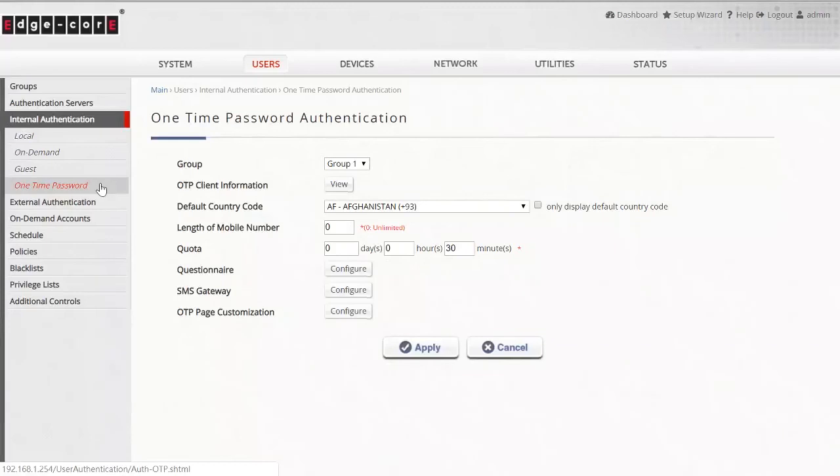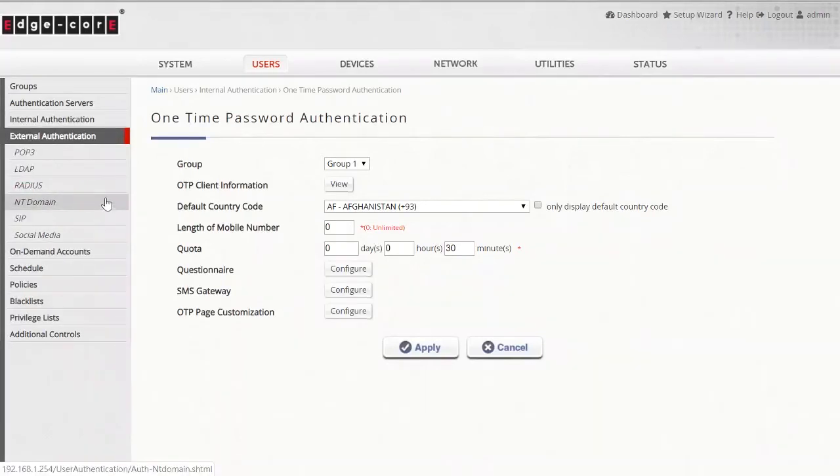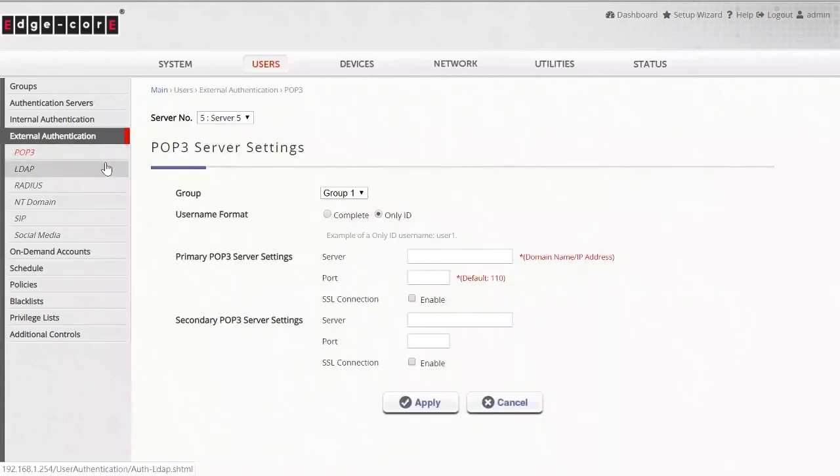So let us move on to the external authentication. Click External Authentication. External authentication is a use of third-party authentication source to decide whether a user should be allowed to a system. We have several external authentication types such as POP3, LDAP,